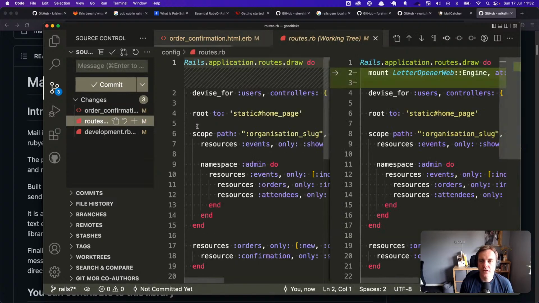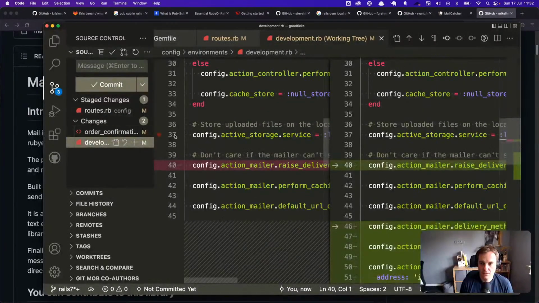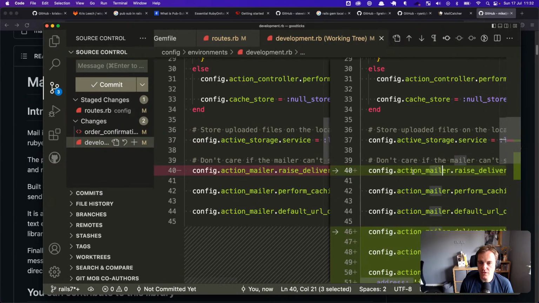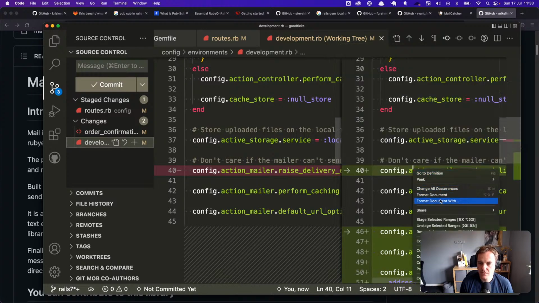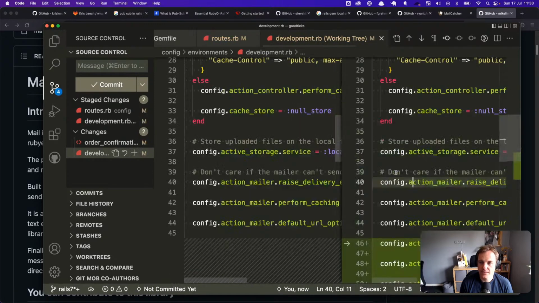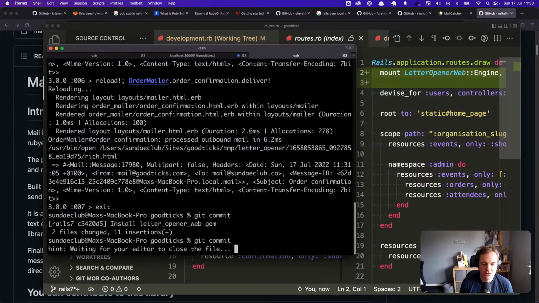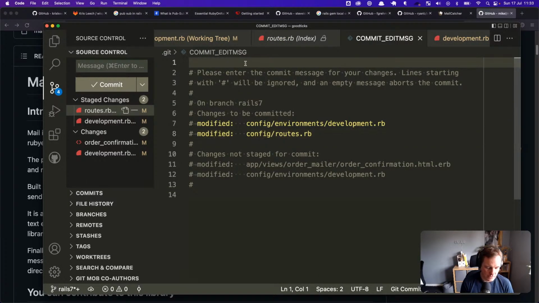And then in here, oh no. I'm kind of happy for that to go in the previous commit really, but whatever. So all those SMTP details, we want to move to the staging and production ones. We only want this one in here actually. So we could do stage selected ranges. We don't need to put those SMTP details in there yet because that's just for, and then in here, add config for